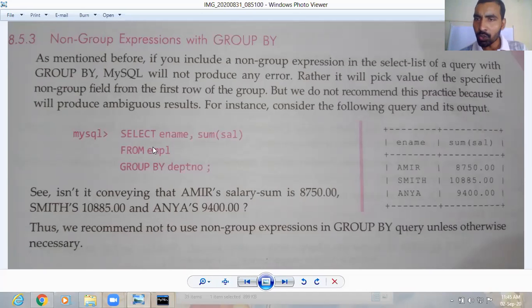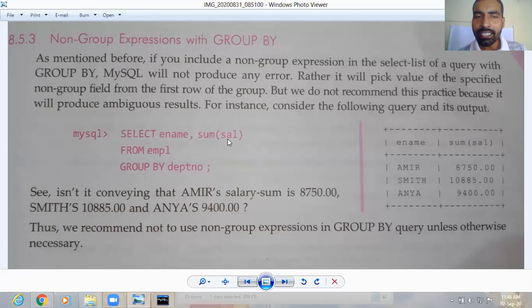It will create the group, and in that group, for whichever column you want to display, it will take the first record from each group. Like here you can see, the group has been created on the basis of department number, which has similar values. But the columns being displayed are e-name and sum of salary.